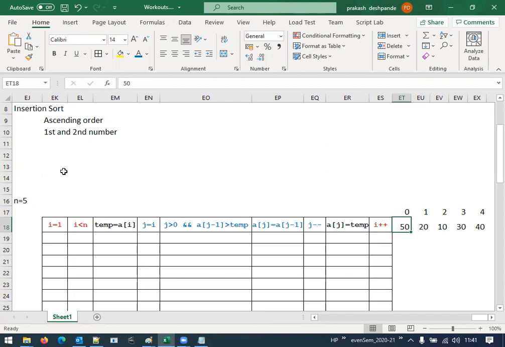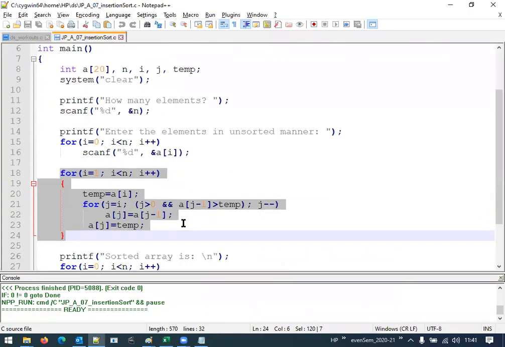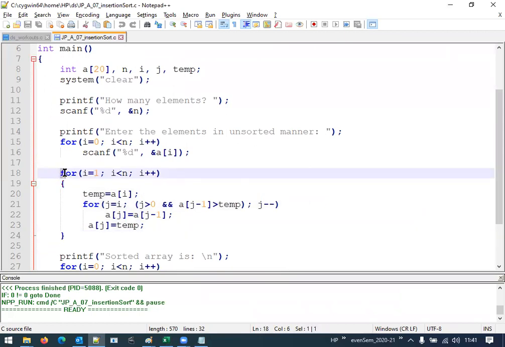Without taking much time, let us jump directly onto the program here. Again, here I have taken the tabular format. Look at the code here. As I said, for comparison we start from the second number. Look at the initialization for i. i is 1, that is the index of the second number in the array. From then we start up to the last number. Then we take a temporary variable, and in that temporary variable we place the second number, and then we further process.